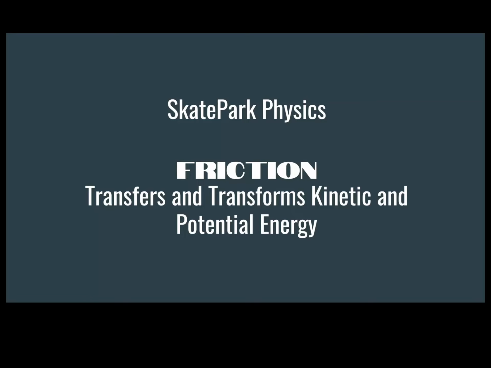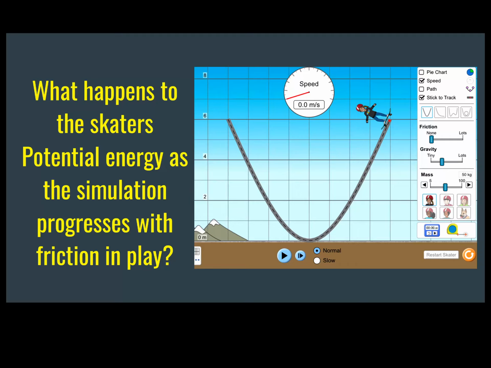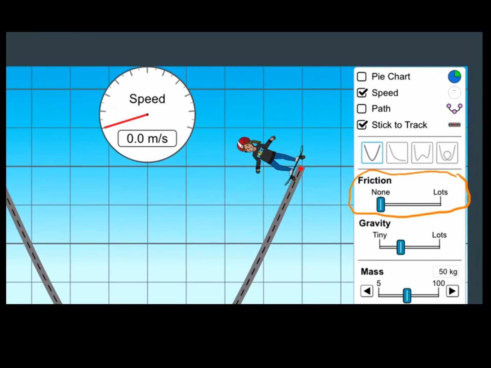So now we're going to use SkatePark physics again, and we're going to use it to investigate friction and how it interacts with potential and kinetic energy. So without further ado, you're going to go back to that same simulation that we did last time, but this time we're going to be playing with this part of it here, the friction slider,